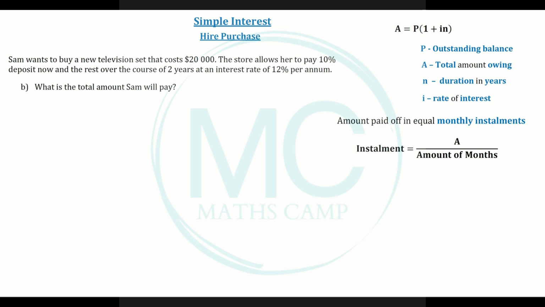Part B says, what is the total amount Sam will pay? Now that we know the total amount Sam has to pay over 2 years is $22,320. But remember that Sam also paid a deposit of $2,000 when she was in the store buying the actual television. So to find the total amount Sam has to pay, we add A and the deposit together. So we can say